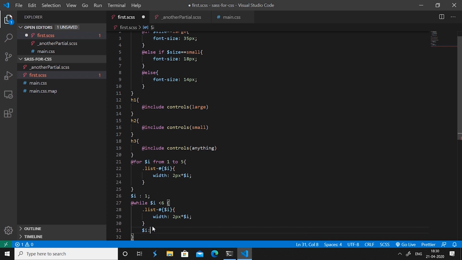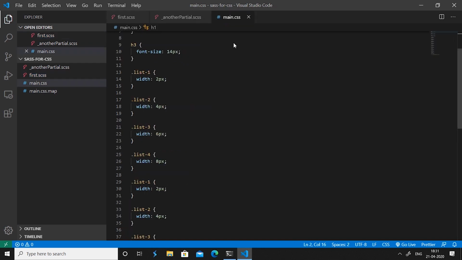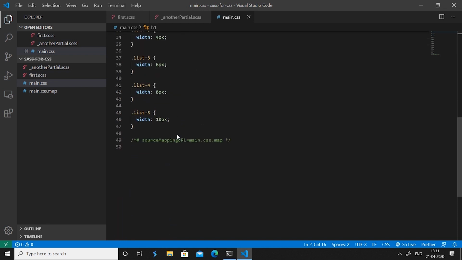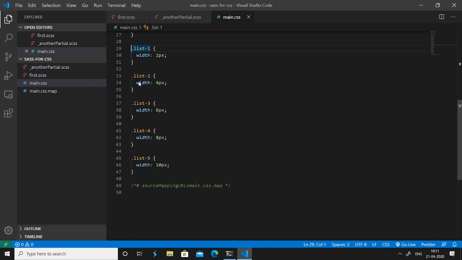So we say $i is equal to $i plus 1. Now if we save this and go to our main.css file, we'll see we have at the end list 1, list 2, list 3, list 4, list 5 with 2 pixels, with 4 pixels, with 6 pixels, with 8 pixels, and with 10 pixels.